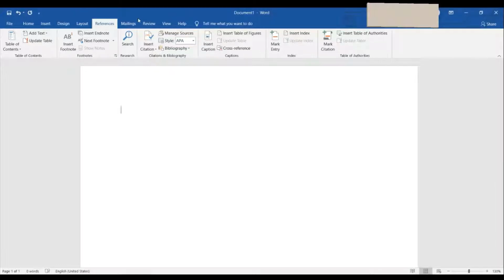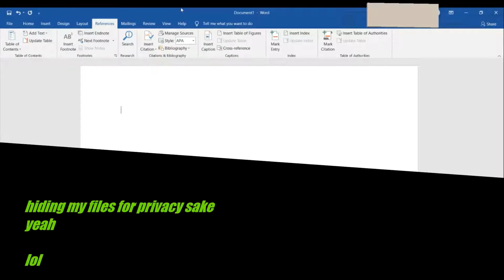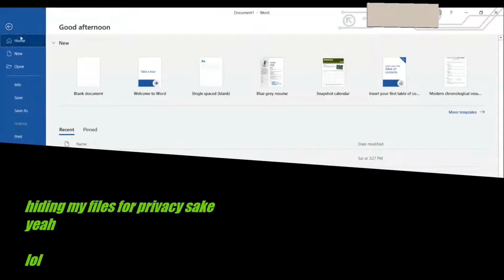I think I got this last year. This version is from last year, so hopefully this will have most of the latest features that are there in Word. Okay, so the first thing that you can actually do is, obviously, save your file. If you click on file, you can see it's home, you can create a new one, you can open one. And under new, you can see different